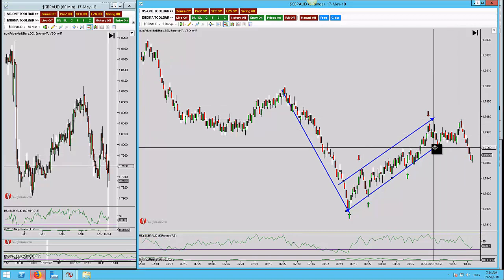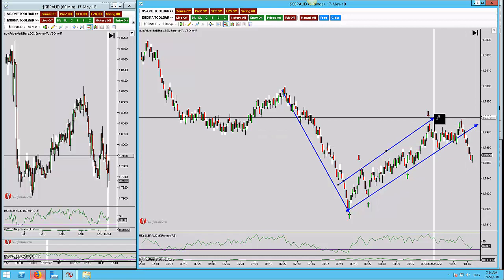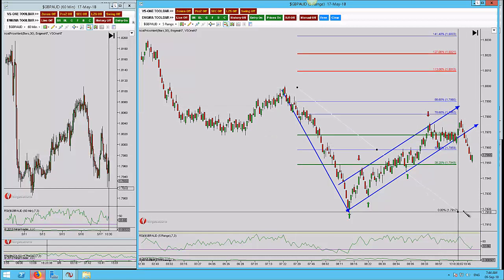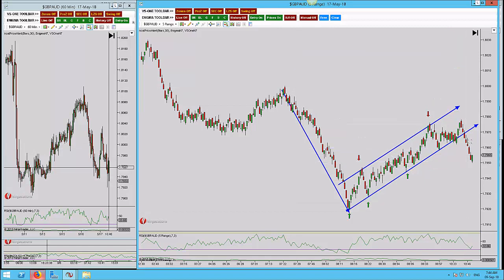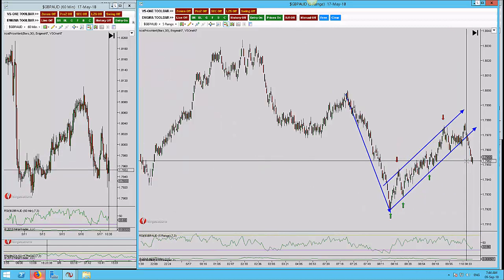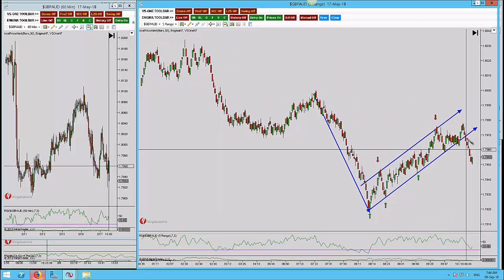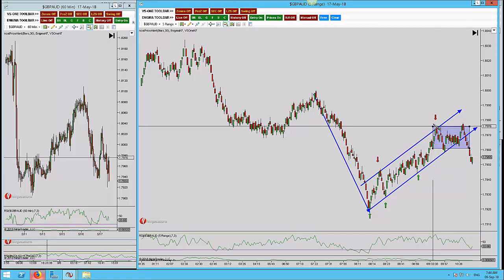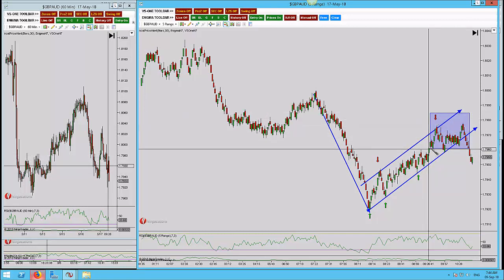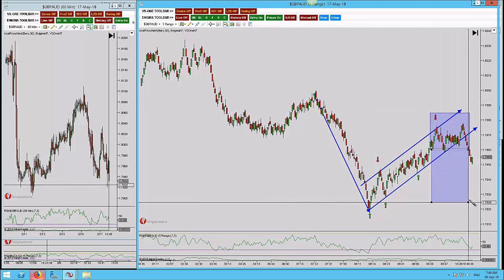Okay, so now it's looking like this. We have come into 618. Okay, my entry, I've actually gone a little bit past it, would have been the breakout, and so I'm just going to have my risk there. My reward is going to be a retest of